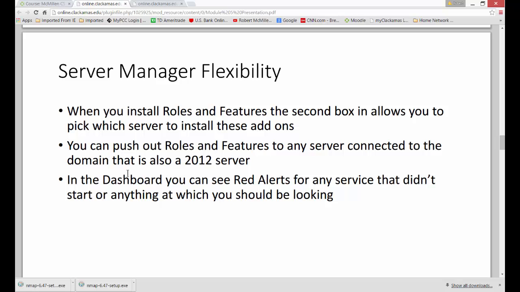So this is a quiz alert. You can push out roles and features to any server connected to the domain that is also a 2012 server. So for my DC01, if I wanted to, I could push out roles and features to, say, Router 01 or